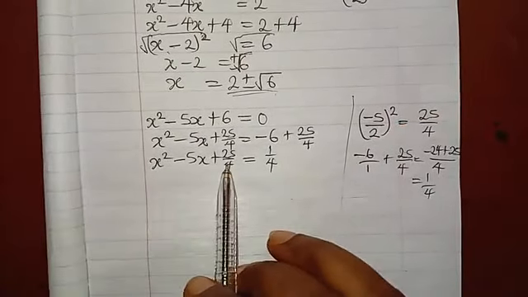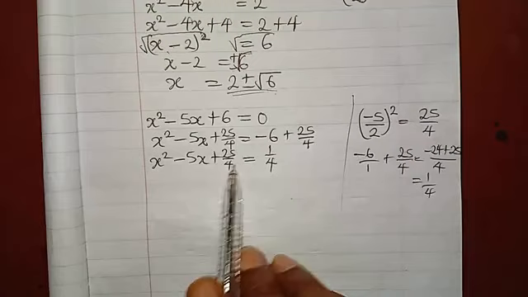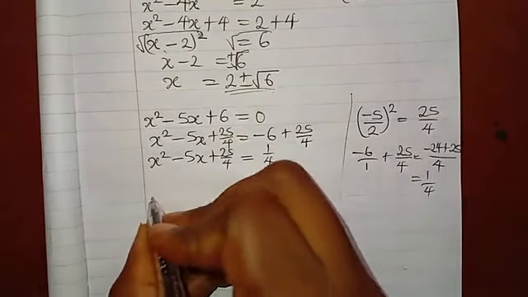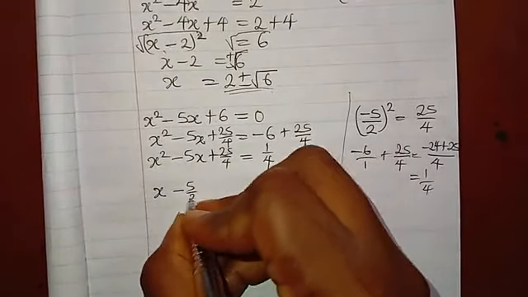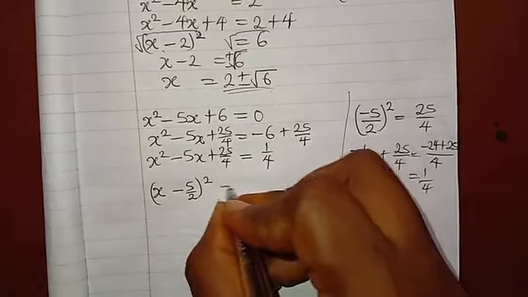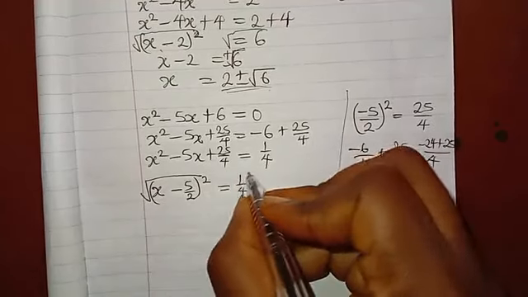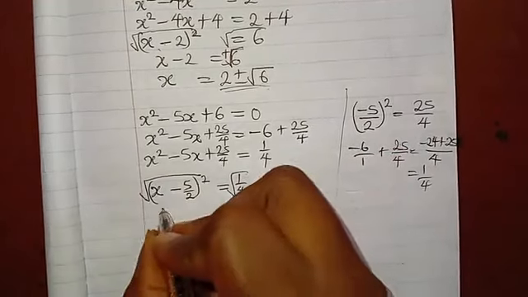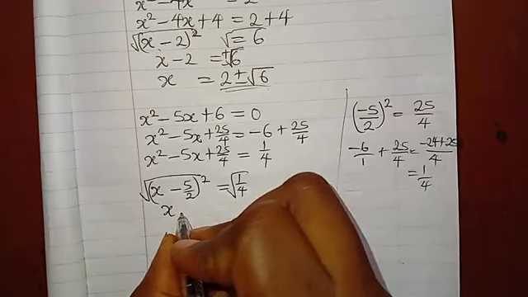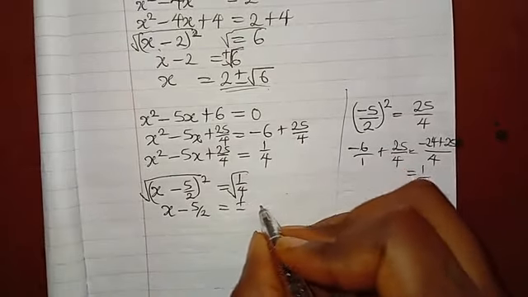Now, this part of the equation is already a perfect square. So the bracket that gave us this is equal to x and then half of the b, minus 5 over 2, squared, is equal to, remember, 1 over 4. Now we want to isolate x. We're going to square root both sides so that this square cancels out this square root. We have that x minus 5 over 2 is equal to plus or minus